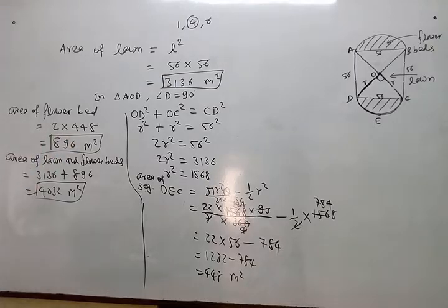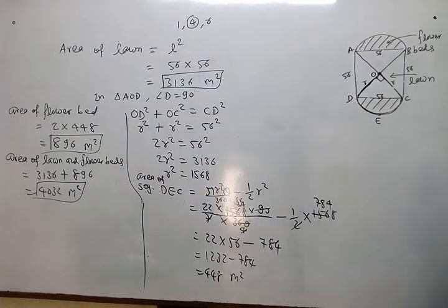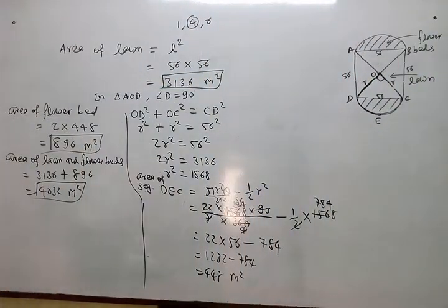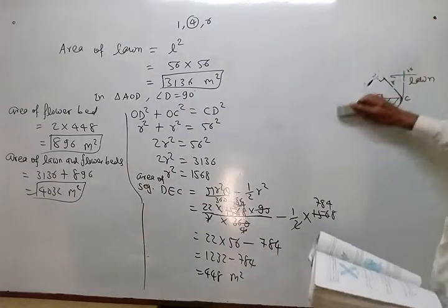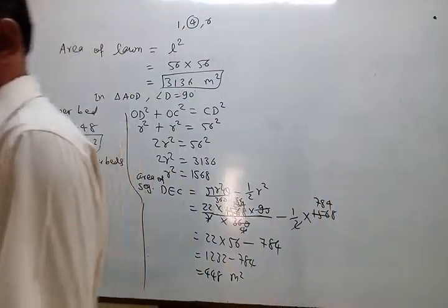Now, after getting this one, we will go to question number 6. Now in 6.1, first of all you have to look at the figure. The first figure is the question, the second figure is the part of the solution. That is not given in the question. Just look right now at the first figure only. What is the design and how much area is asked? So I am just removing this figure, and I will draw the figure given in example number 6, and you try to understand also by reading it.